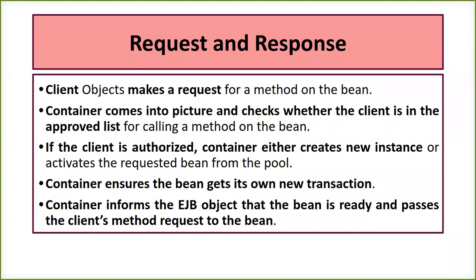In the enterprise tier, the EJB container comes into the picture, because once the request reaches the server, it has to meet the container. If you remember, we had an EJB client and then a whole EJB server, inside which we had a container, and in the container we had a home interface, a remote interface, and then an EJB bean. The container is going to check whether the client is in the approved list or not, whether it is associated with the EJB server or not.